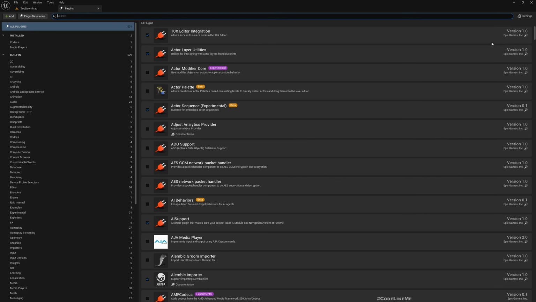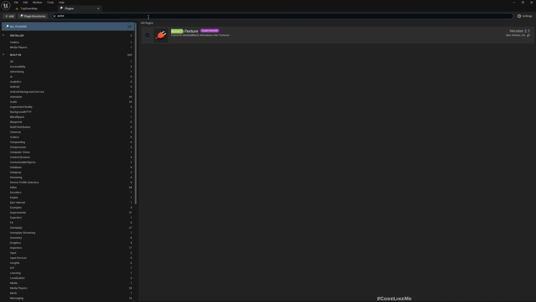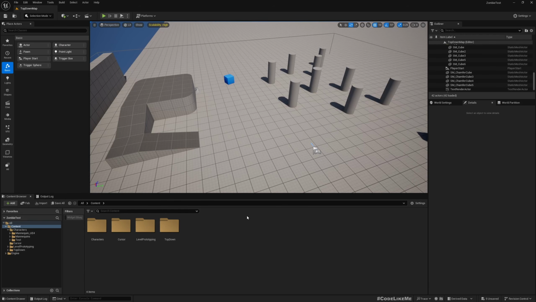So the first step is go to plugins and search AnimToTexture, and you will see this experimental AnimToTexture plugin. Enable this. I have already enabled that, but when you enable it for the first time, you will have to restart the editor. Okay, now the next thing is I want to have some skeletal mesh animation, some animated skeletal